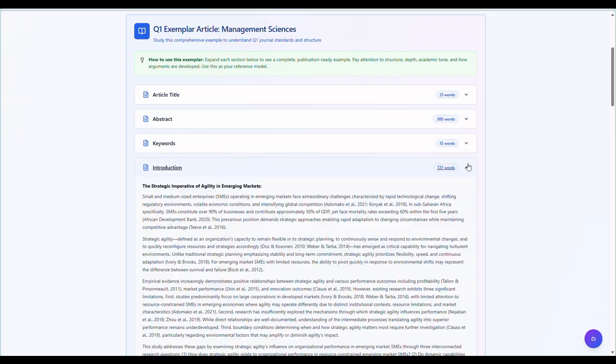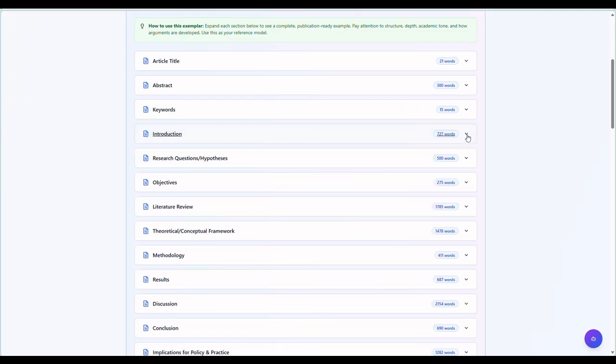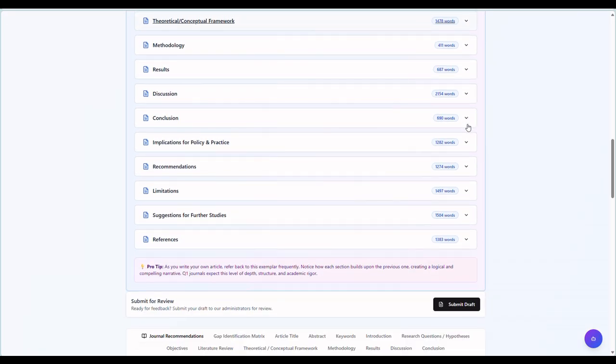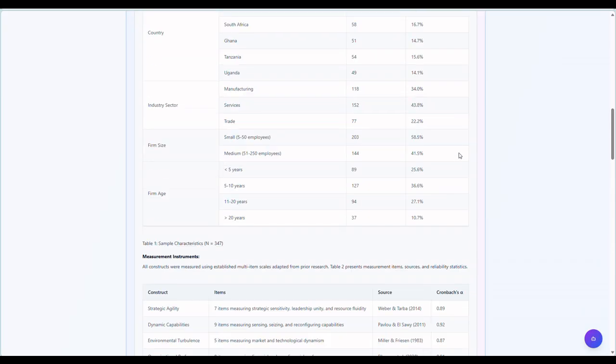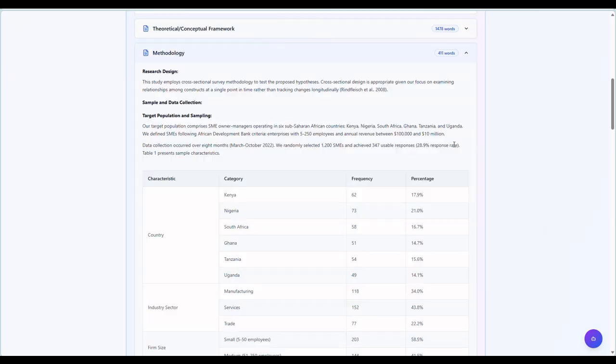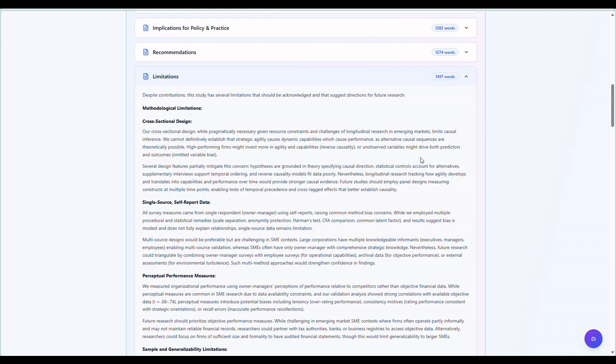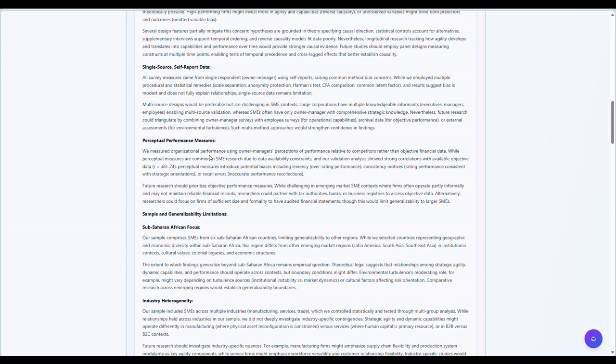So now when you go there, just drop this. This is the introduction. This is the research question. Every section is there. So when you get even to the methodology section, just study them to see how these things are crafted. For example, we have limitations here. These are different limitation types: methodological limitation, and all the rest of them.